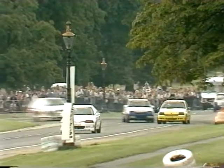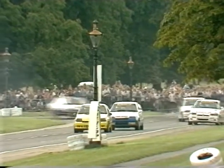Yes, well, of course, multiple champion Michael Cullen is down in 5th position, not exactly where he wanted to be, and certainly not where we normally see him. Michael won the championship round here yesterday. He's now actually leading the championship from Gordon Kellett, but he'd be very unhappy with himself to be down in